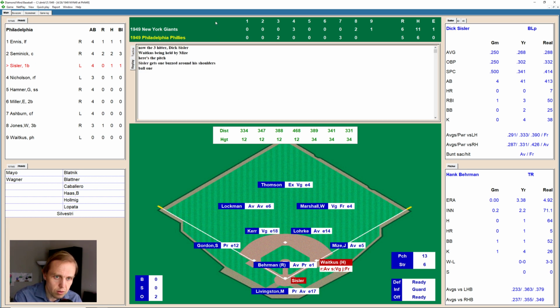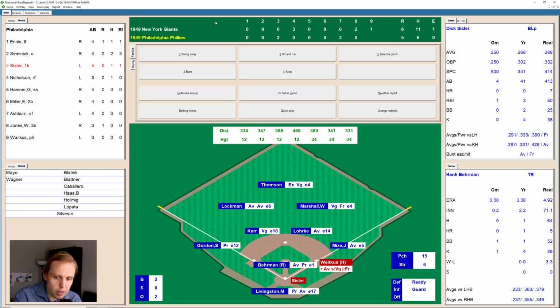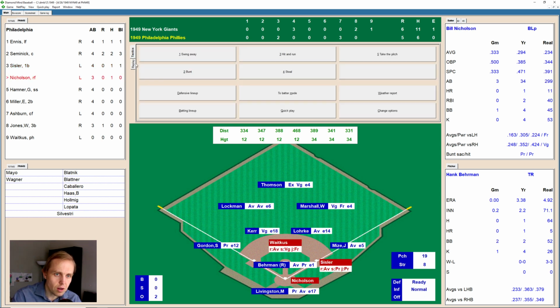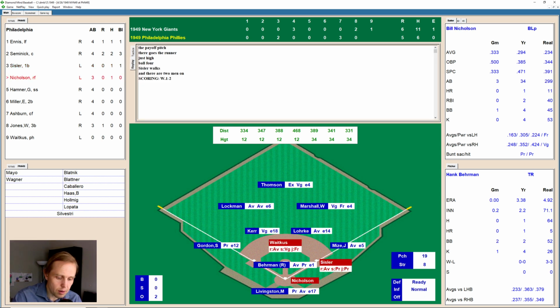6-1 is their record. Here comes Dick Sisler. Takes one for a ball, 1-0 now. 2-0 now the count, and Berman having a hard time again finding the plate. 3-0, and Berman missed again, and we're going to have Sisler take this one, and they called that a strike. And we'll have him take another one. There's another strike. Full count now on Dick. And that one is just high, and Sisler walks. Now there are 2 men on because of 2 walks here by Hank Berman,